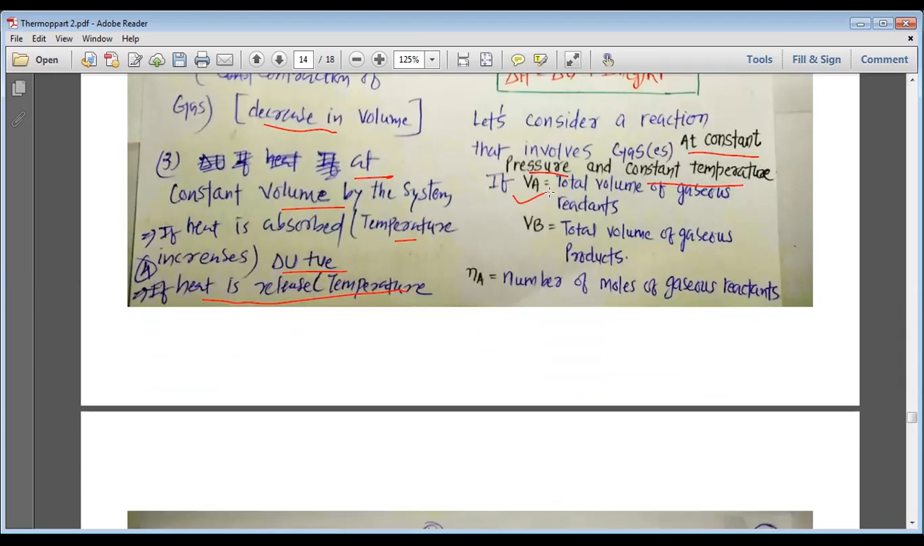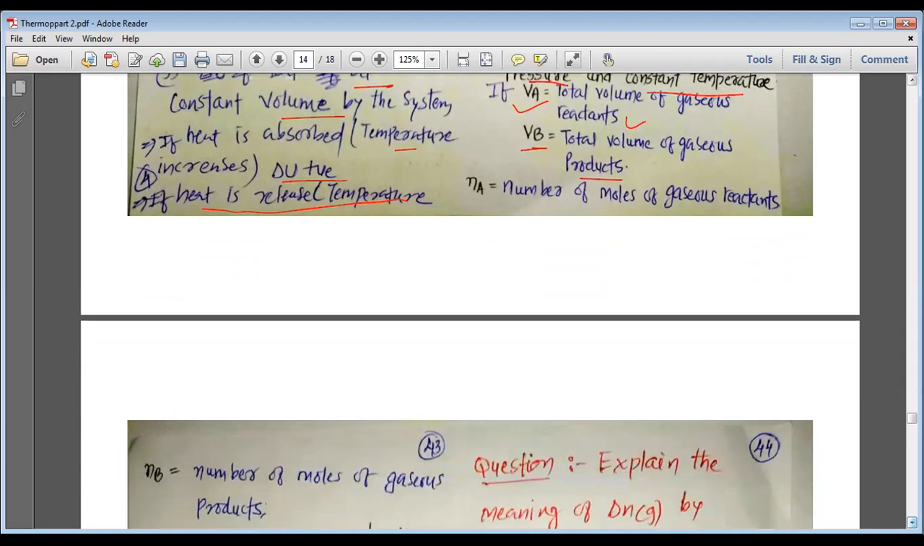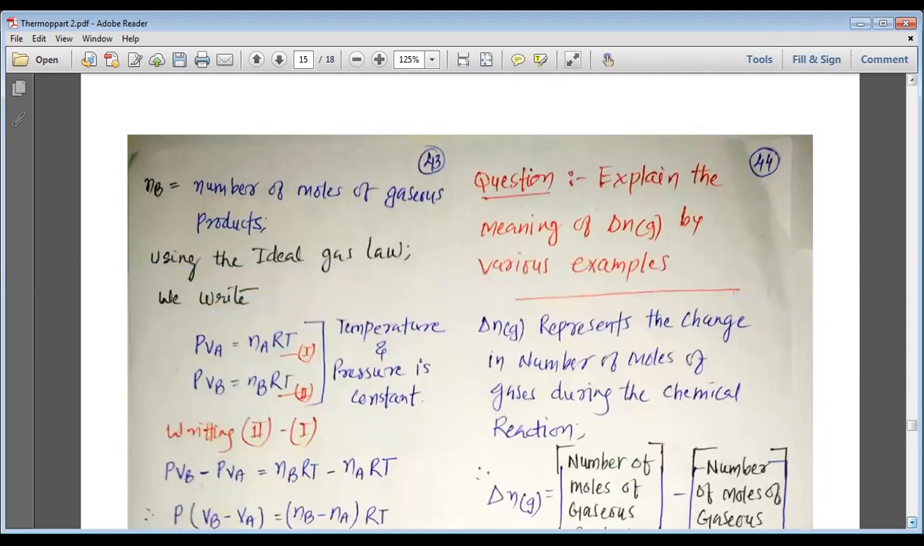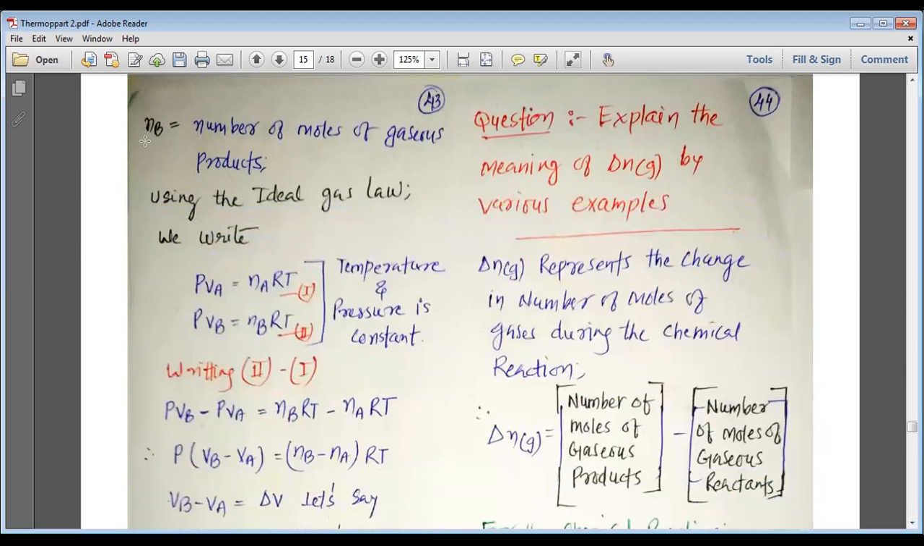If VA is the total volume of the gases for the reactants and VB is the total volume of gases for the products, then VA and VB represent the volume of the gases for reactants and products. If Na is the number of moles of gases present in the reactants, and Nb is the number of moles of gases present in the products,